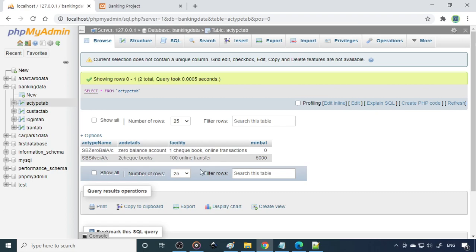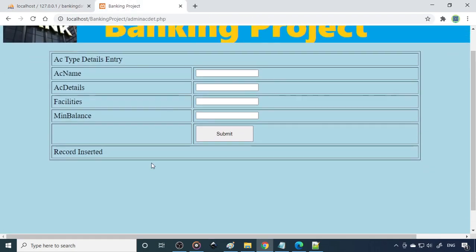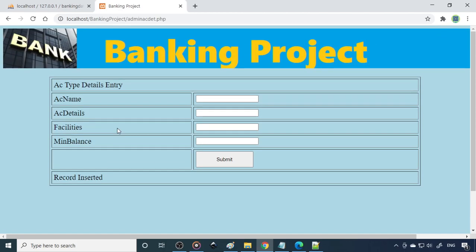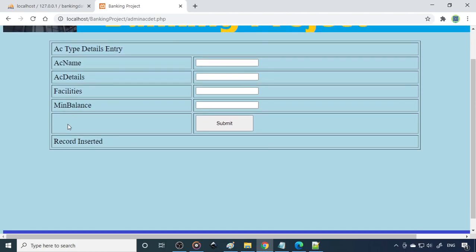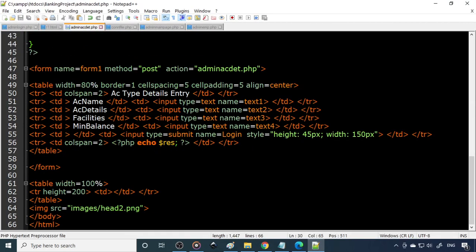Fine, so hope you understand how to insert the data now. Now we need to provide one more button to go back. So here we have not provided one, so otherwise we can provide one here, go back. Okay, so therefore let's create one more back option here, or home. So you just have to go back. So this is a submit.